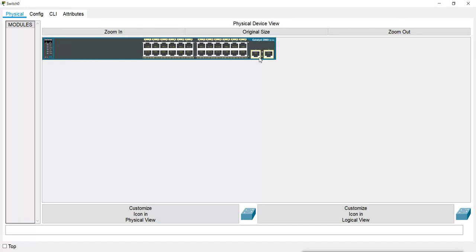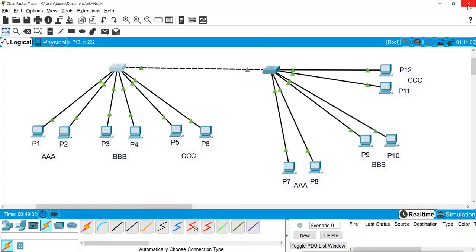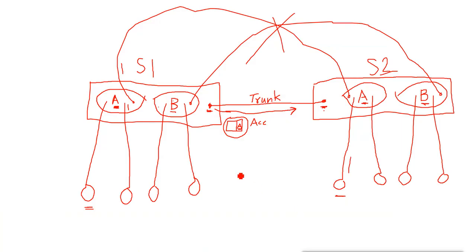These two ports are faster than the other ports so that we can use them as trunk ports. We can connect one port to one switch and the other port to another switch, so that we can do trunking also.